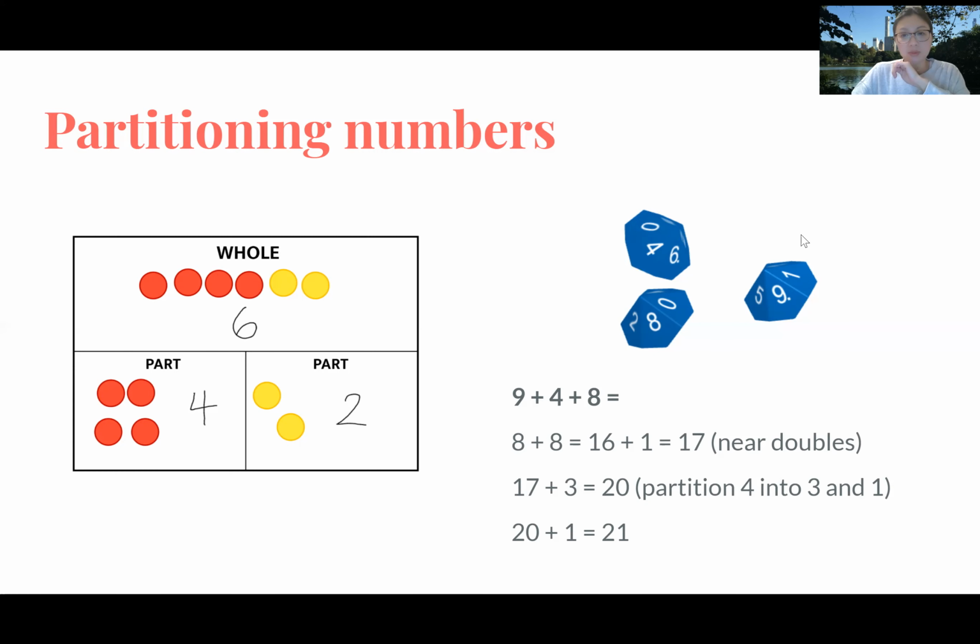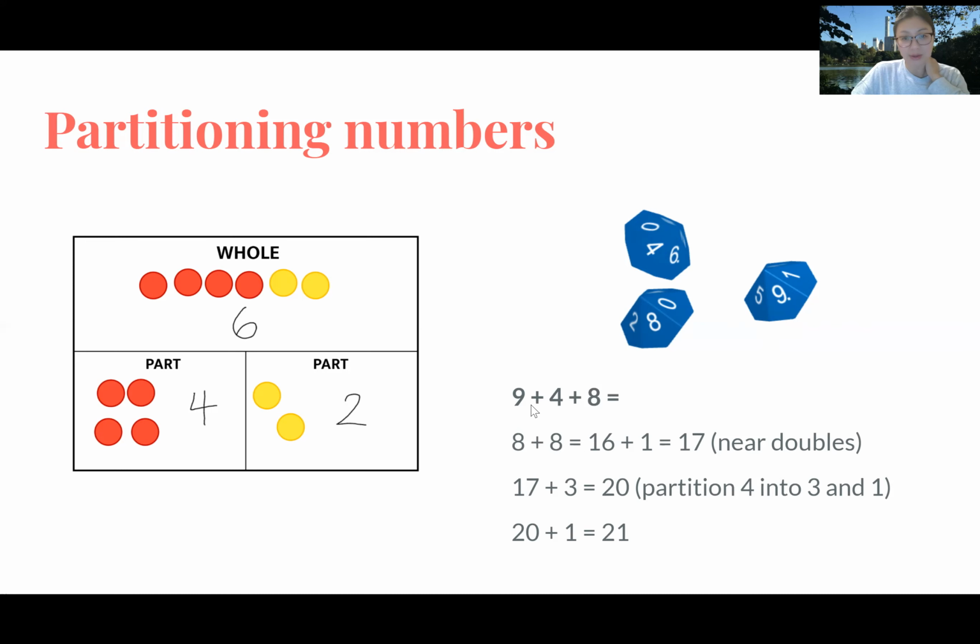So here is an activity that you could do with your child, is to roll 3 dice and to have them add the numbers together in the most effective way. So firstly, they'll have to choose which numbers they decide to add together first, and also what strategy they will use to add those numbers. So in this case, there is a 9, a 4, and an 8. And for the example of partitioning, I will add 8 and 8 together,